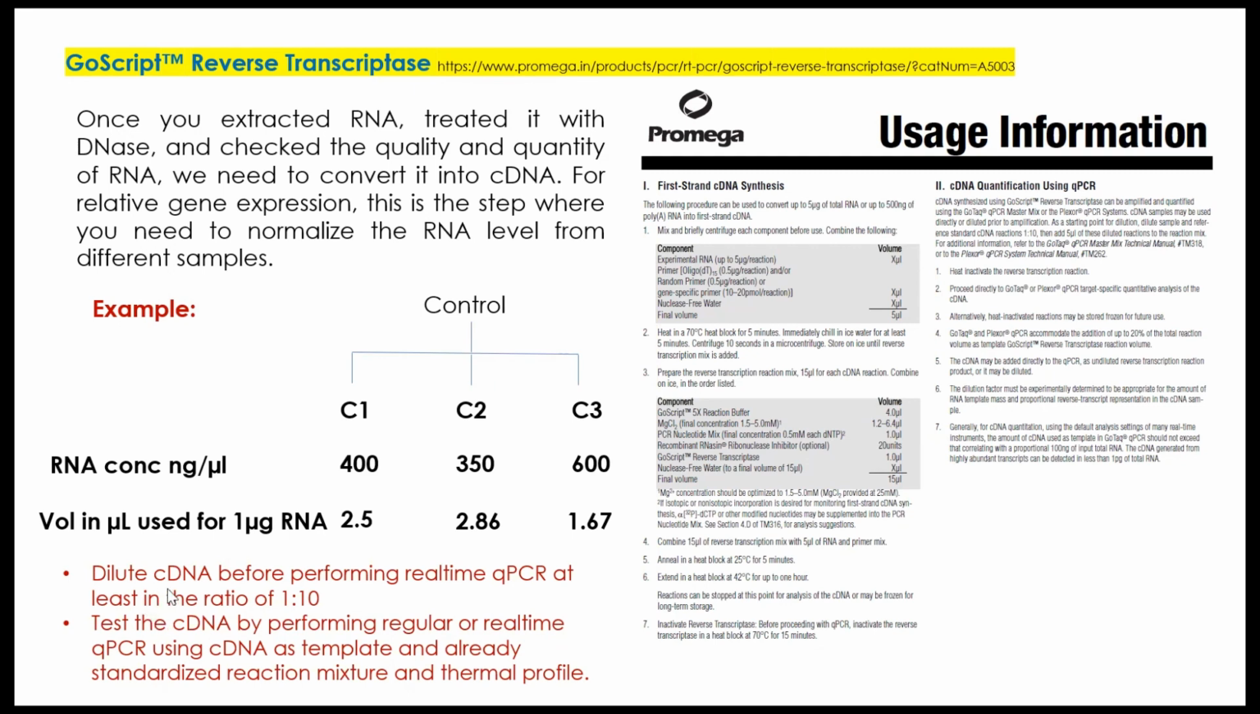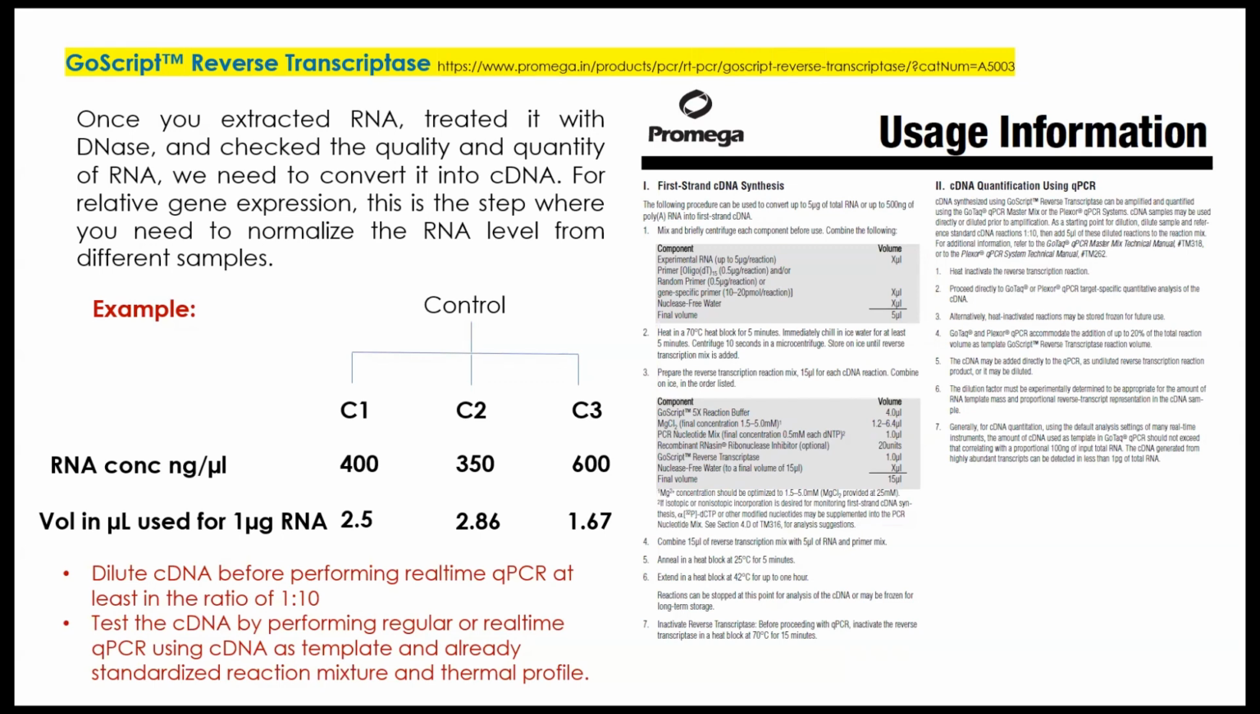When you do the cDNA preparation, you have to check the quality of the cDNA. How would you do it? The best way is to take the cDNA and dilute it 1:10. So now the 20 microliter final volume of cDNA becomes 200 microliter. From that 200 microliter, take 1 microliter as a template and run either a regular PCR,